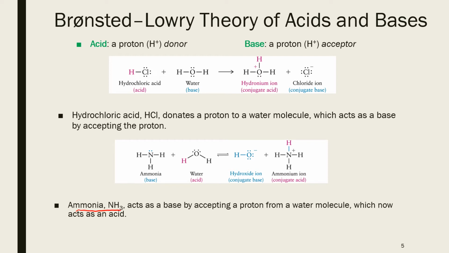According to the Arrhenius definition, bases should release or produce hydroxide ions in water. But as you can see, there is no hydroxide ion. So how can this be a base? According to Arrhenius theory, this compound should not be a base, but we know for a fact that it is a base. So in order to accommodate these kinds of compounds, a new approach or new theory was proposed